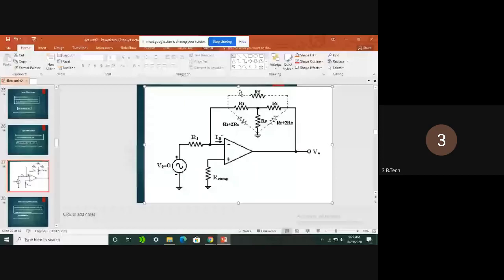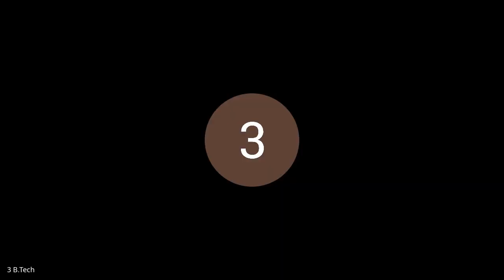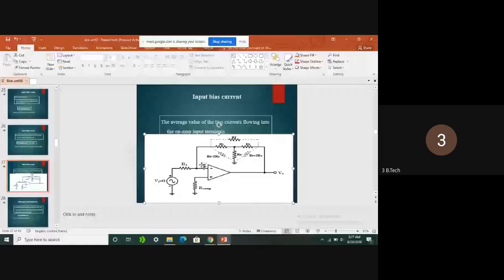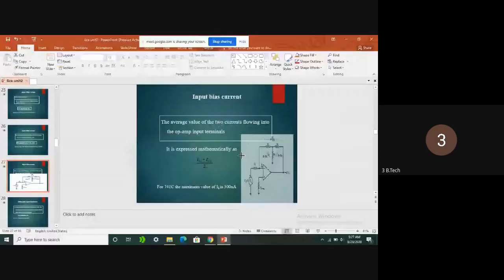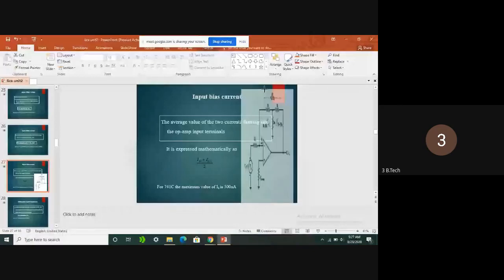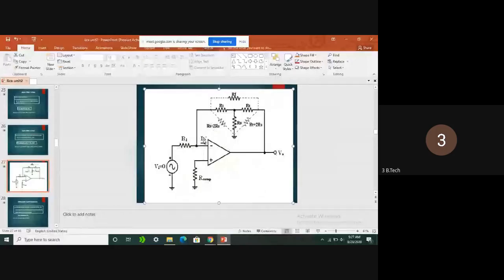There we can see clearly. Here, to explain the base current, this circuit diagram can be shown. This bias current is nothing but the ratio of input currents at the input of the operational amplifier. See here, this is IB1, the base current at the inverting terminal. Here another base current is provided if you are applying an input source at the non-inverting terminal. The ratio of the two input currents is nothing but the bias current of the operational amplifier.